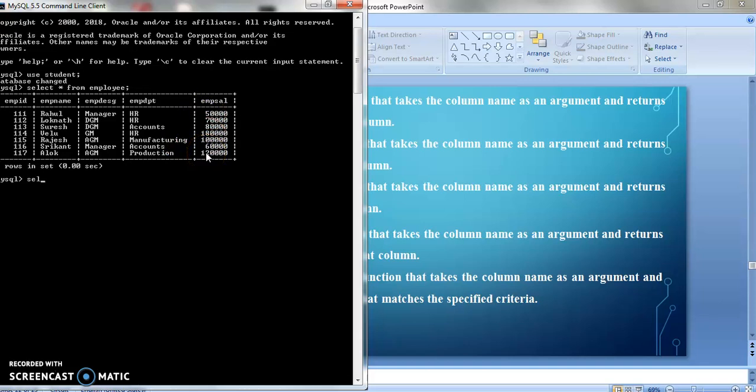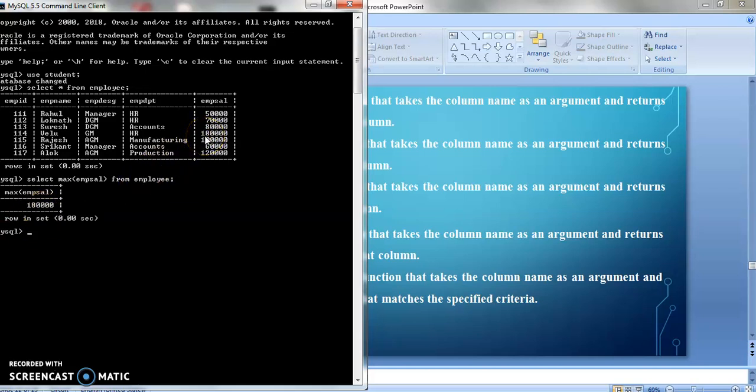So I will write select max, bracket, and in the bracket I will give the column in which I want to see the maximum value. I want to see the maximum value in the salary, so I will put emp sal, bracket closed, from employee. You can see I am getting the maximum value, that is 1,80,000.